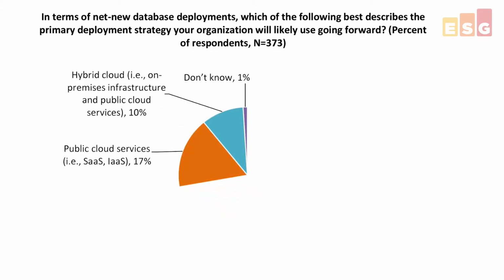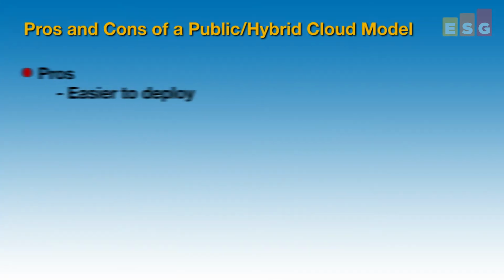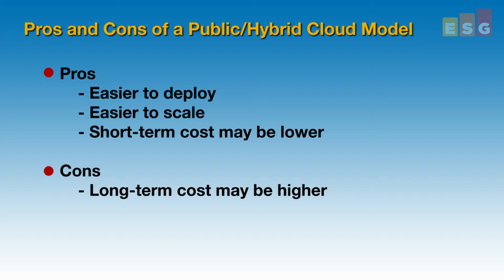We ask customers where they want to put new initiatives in big data, business intelligence, analytics, what have you. About a quarter of the time they say they're looking at public cloud or a hybrid cloud model as opposed to the on-premise type solutions we've been discussing. That has both the pros and cons of traditional cloud solutions. It may be easier to get going, it may seem easier to continue to scale. Your cost short term might be lower, long term may be higher, but as Terri was alluding to, one of